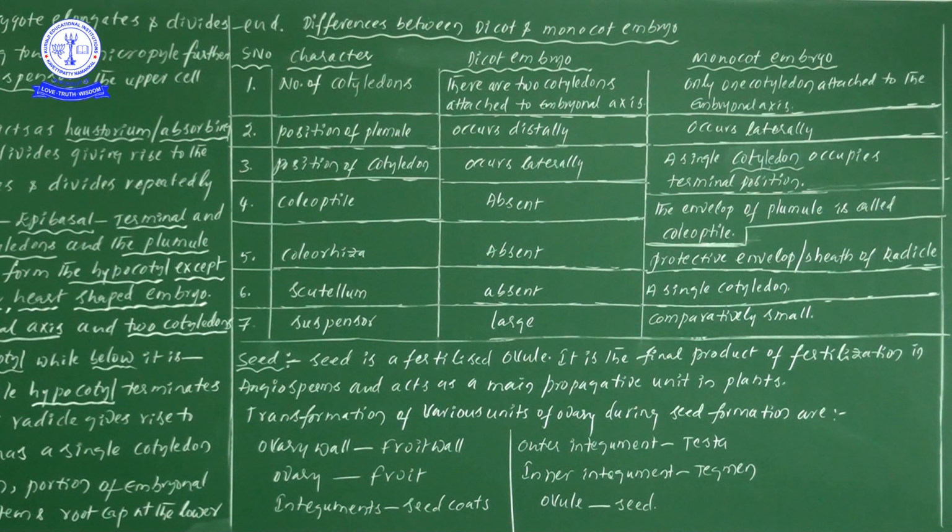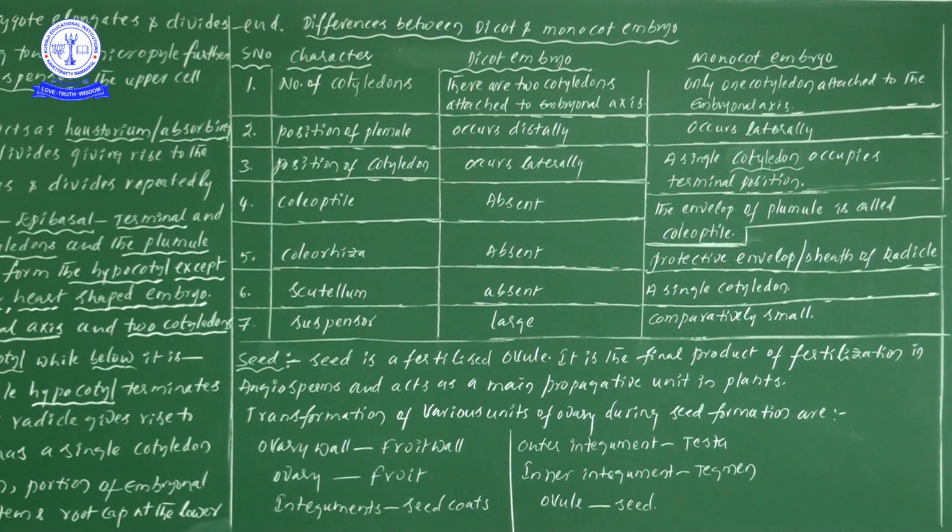So false fruit means the fruit development is there along with the ovary, but the edible part is developed from a part other than the ovary, though there is involvement of the ovary. Simply remember one point: in a false fruit, the edible part is not developed from the ovary but from another part, for example the thalamus in apple, and the pedicel in Anacardium occidentale. This is a small piece of information regarding post-fertilization events.